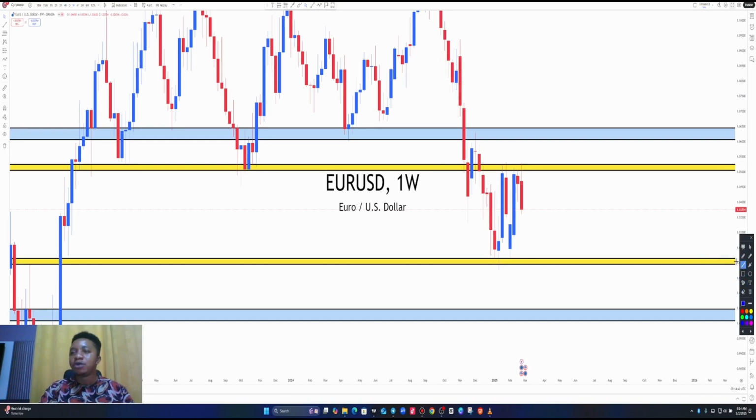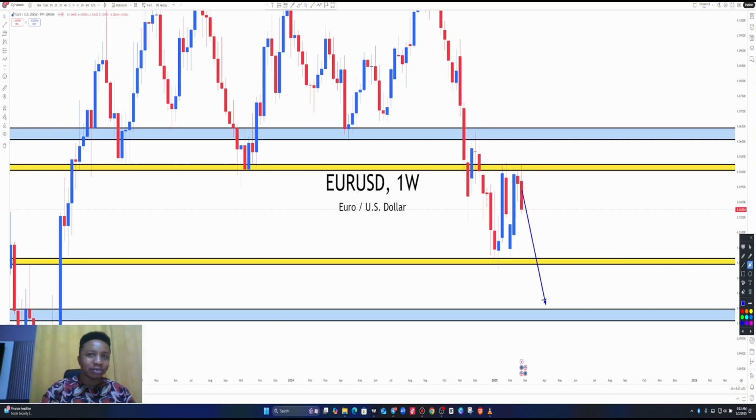So this was a lower low on the weekly time frame. Price gave us a lower high, equal low, equal lower high again, and we are seeing sell pressure bringing the market all the way to the downside. Now we are not just seeing sell pressure, we are also seeing an evening star candle confirmation, a strong bearish reversal candle,